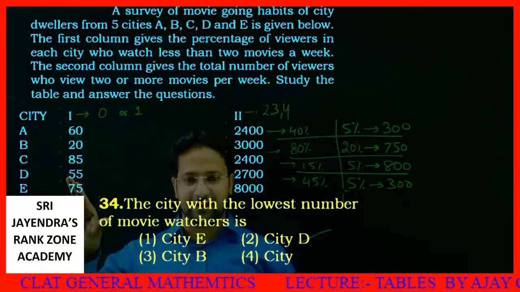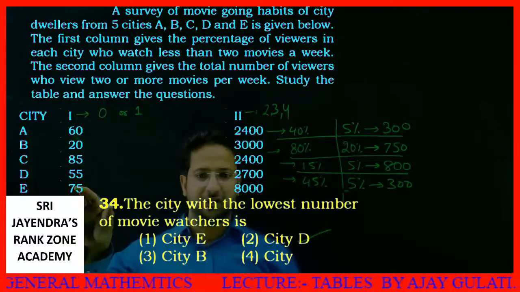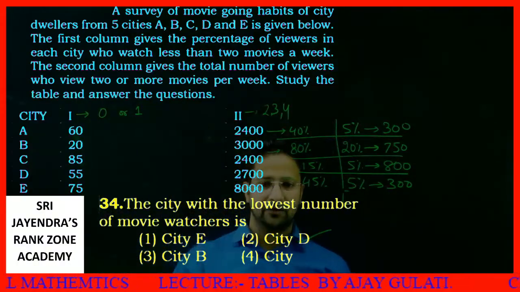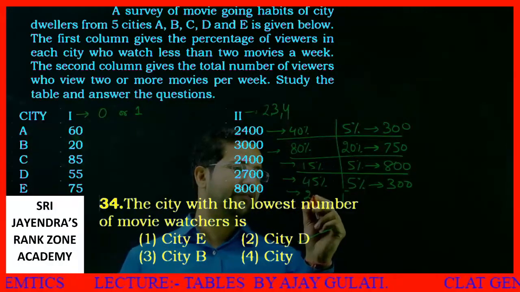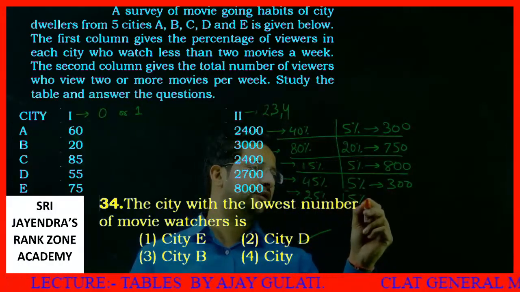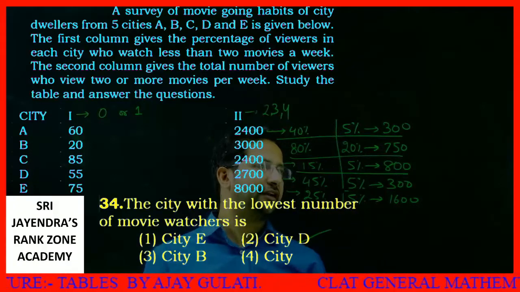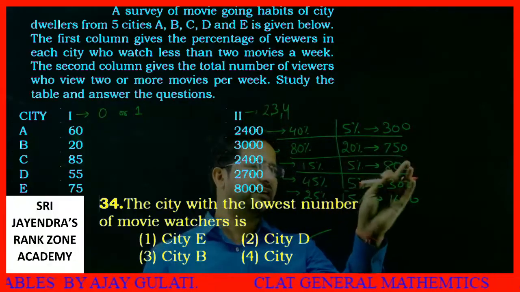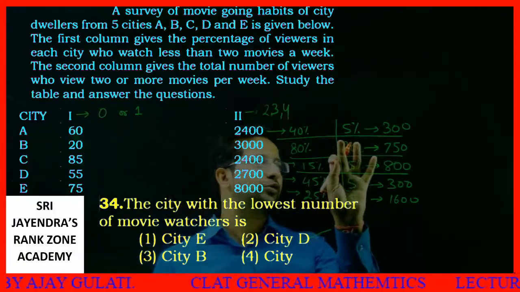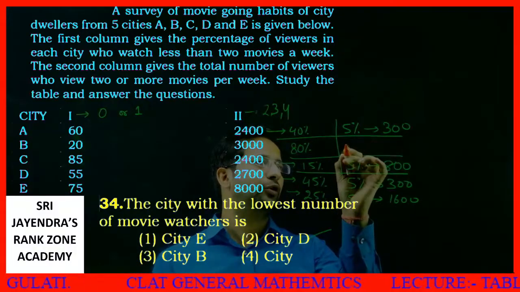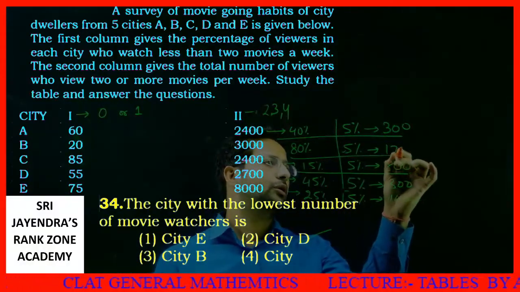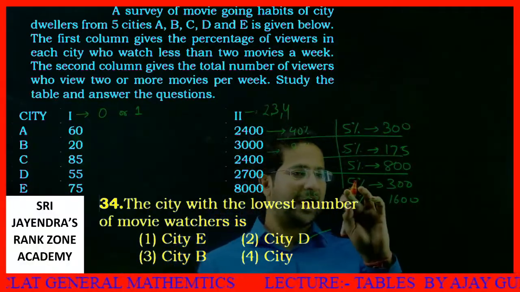This is 75. This is 75. So that way this must be 25. So this is equal to 25%. So I can say 5% is equal to 1600. 20% is equal to 750. So those of you who are good at calculation, divide both by 4. You will get 5% is equal to 175. Now I am dealing in 5% only.